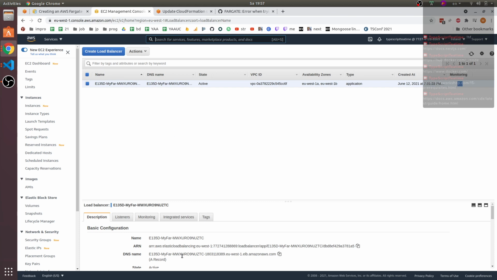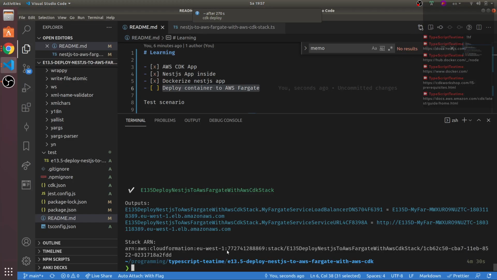It's here. Is that the... It's called DNS name. Is that the same as just the URI? That would be nice. It worked. This time it worked. It does output stack load balancer DNS name and service URL. So maybe we go to the service URL